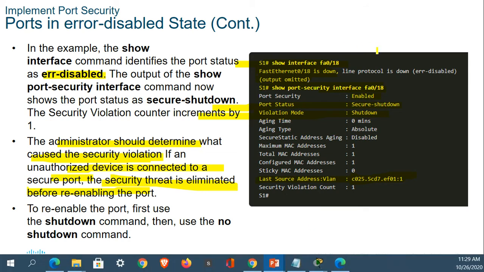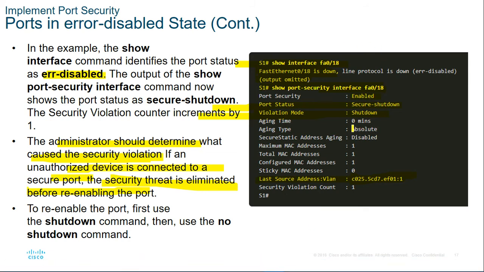So how do you reactivate or re-enable the port? I said that to do that, you have to use two commands. One is the shutdown command. You have to manually, administratively shut down the port by using the command shutdown. Then you have to use the command no shut to change the status of that interface to up, to enable that interface. Are you clear? You have to use both the shutdown command as well as the no shut command to do this.